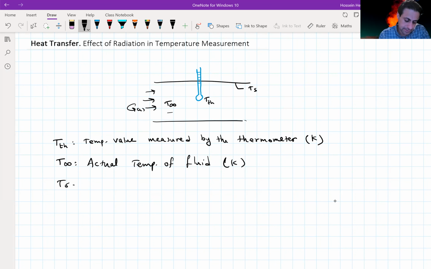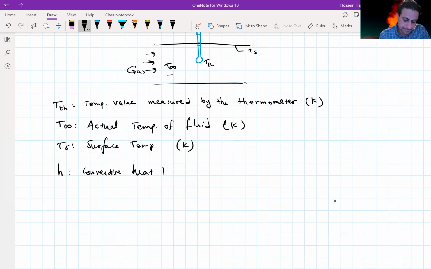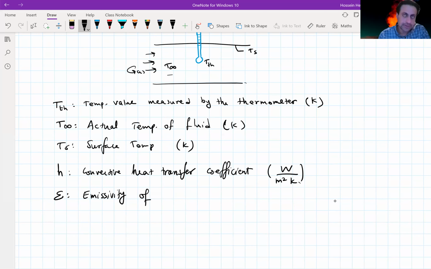again in Kelvin. Ts is the surface temperature of the solid, again in Kelvin. And let's assume h is the convective heat transfer coefficient around the thermometer surface, and that has a unit of watts per meter squared per Kelvin. Now, if epsilon is the emissivity of the sensor of the probe,